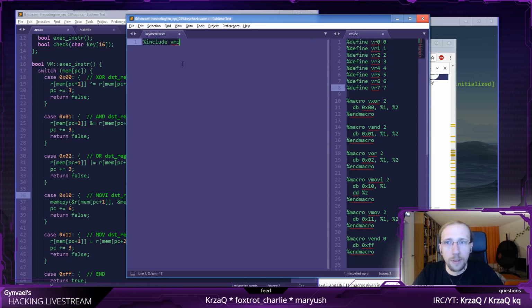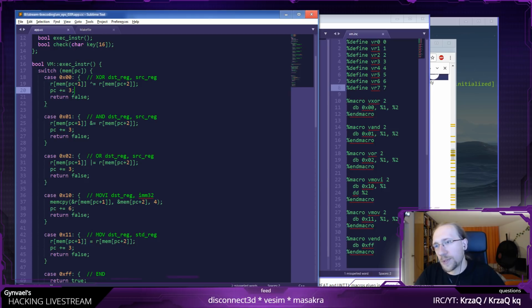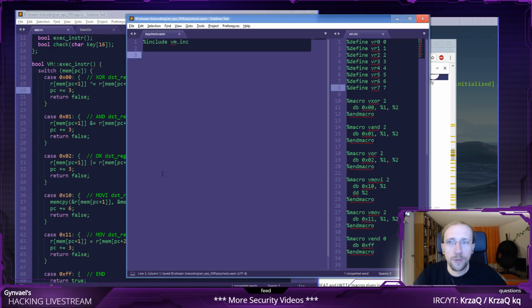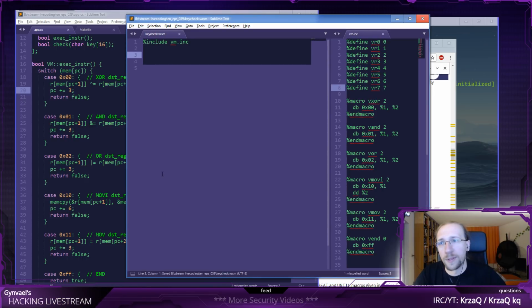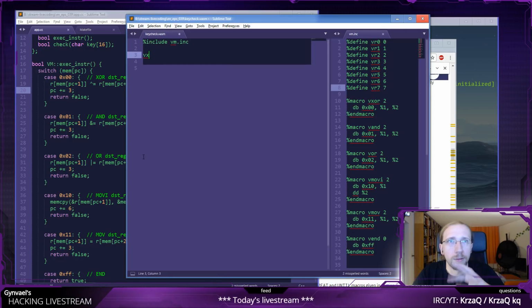Include vminc. Now, there will be no jumps here. This virtual machine actually doesn't have any jumps. I could add jumps, I could add a lot more instructions, but just for the sake of the example, that's not really needed. So I am not going to do it. And I guess on the Chip 8 implementation, you already saw how to handle the control flow instructions. So,